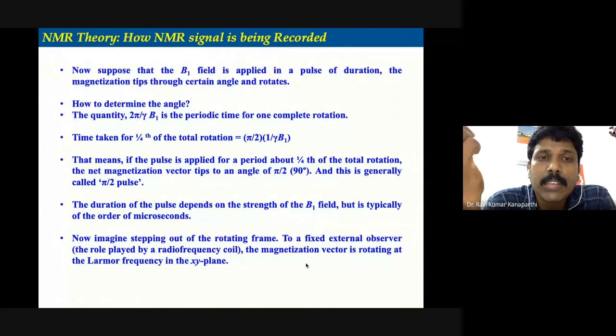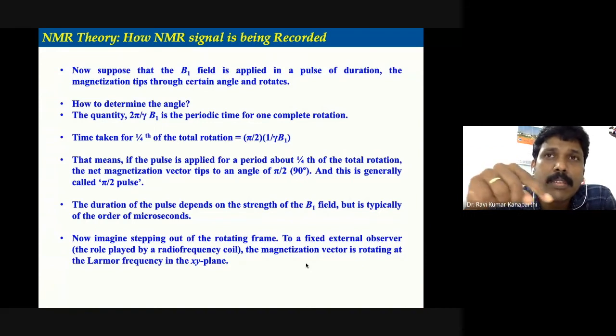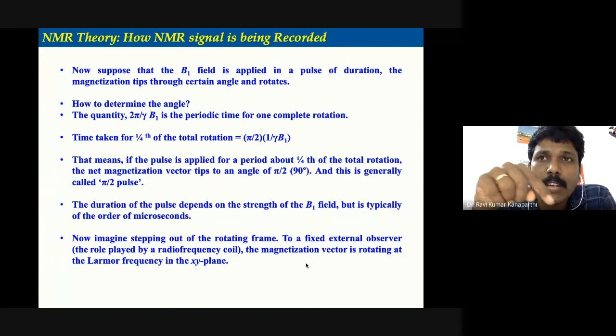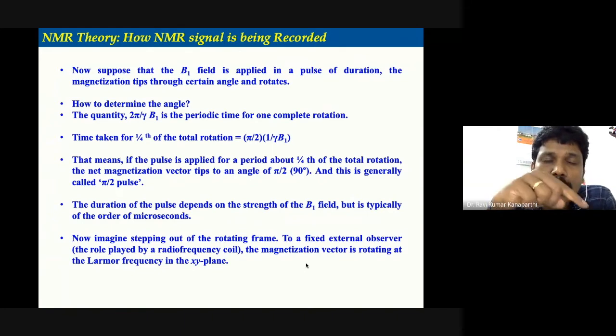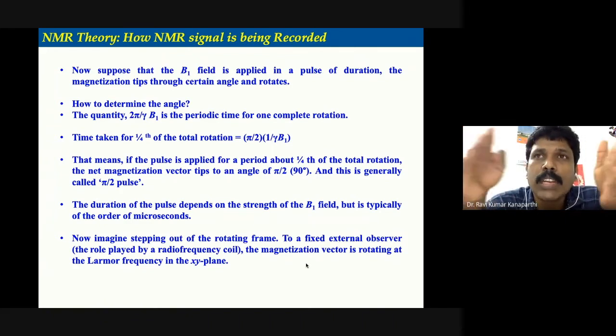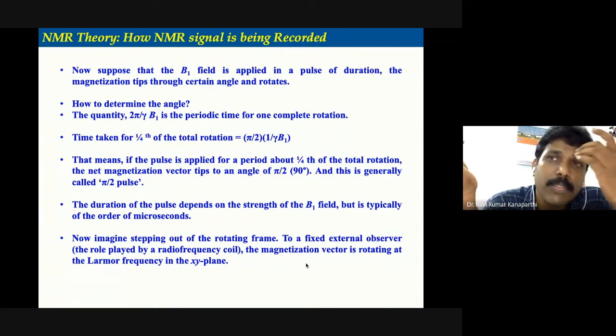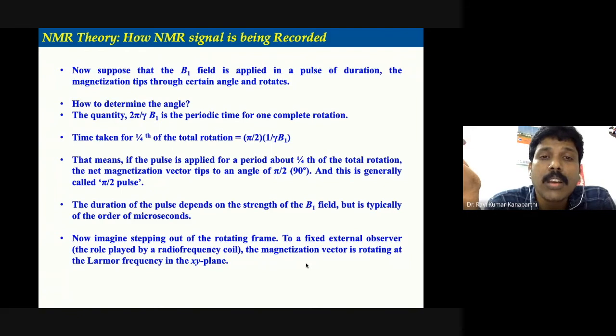Now, what is the periodic time? It is the time taken for completing one particular oscillation. Suppose you take a sinusoidal wave: going from the starting point to the ending point completes one oscillation. That time is referred to as the periodic time. So how do you get the periodic time? We can get it from the frequency. The reciprocal of frequency can be equated to the periodic time, or vice versa, both are true.